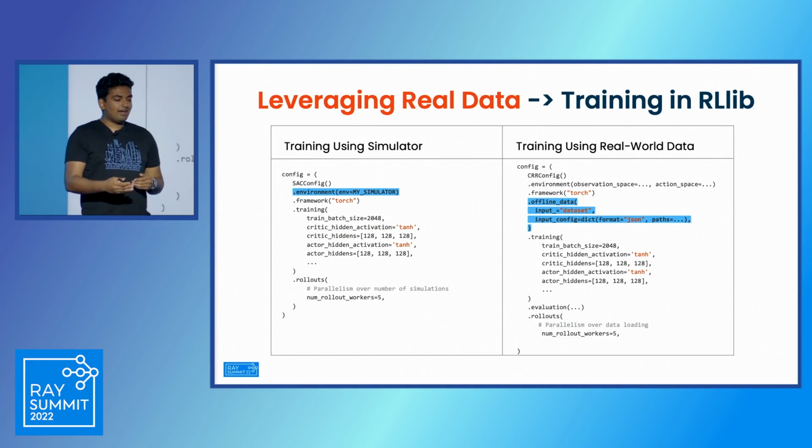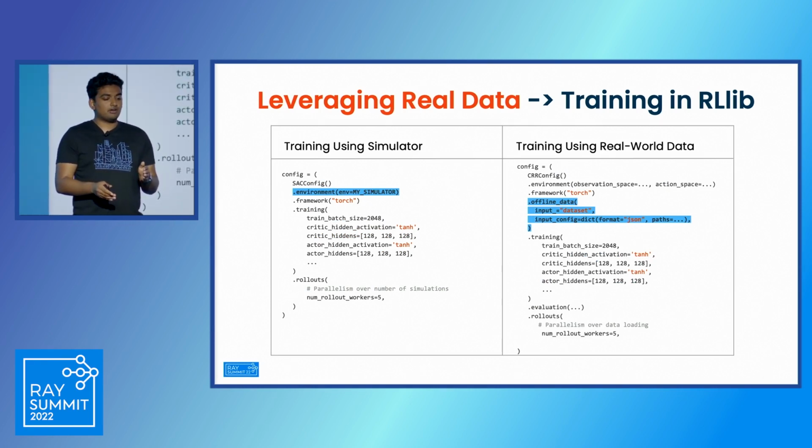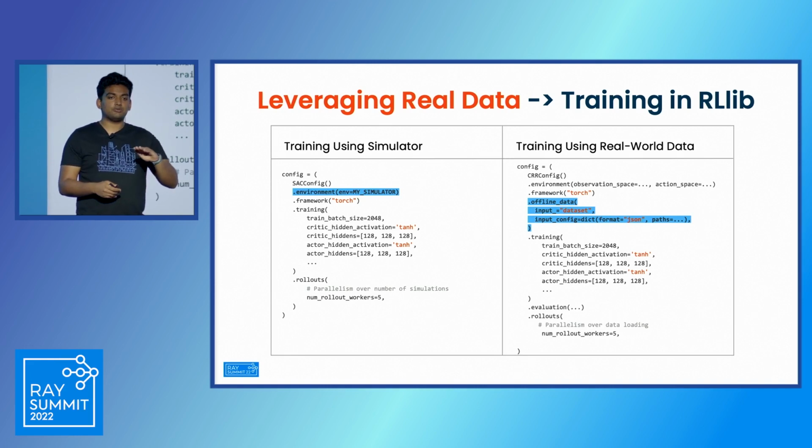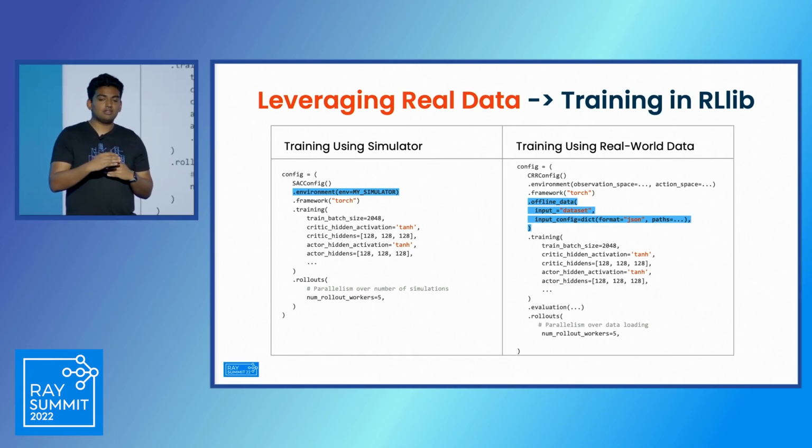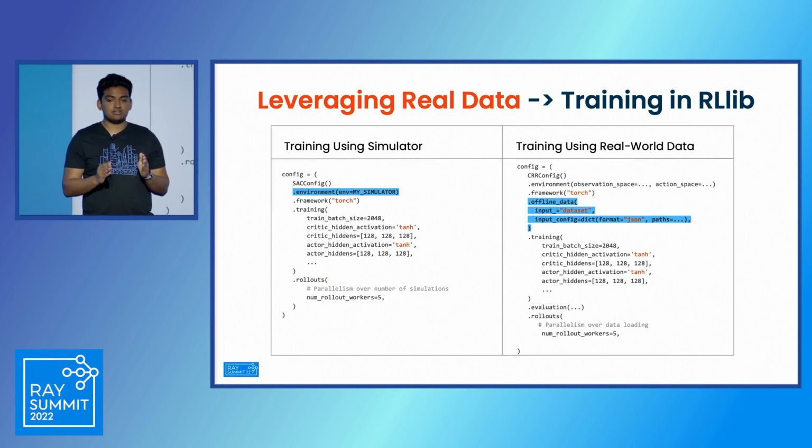And then finally, I have some side-by-side code here. Sorry, not finally, but I have some side-by-side code here showing how we can leverage real-world data in RLlib. On the left side, I show you what it looks like to just pass your own external simulator to RLlib. On the right side, I show you what it's like to pass a file that has the experiences which you're trying to imitate or mimic or bootstrap your policy from. And as you can see, it's the difference of 3 lines of code.